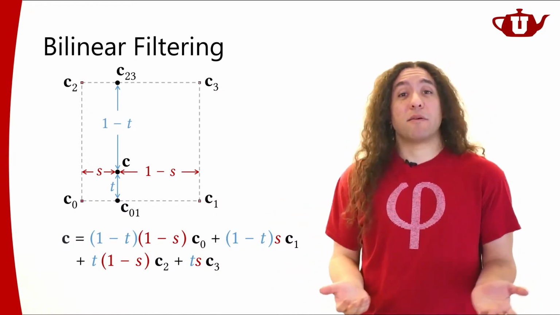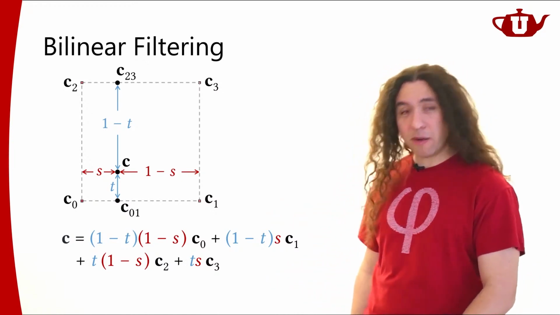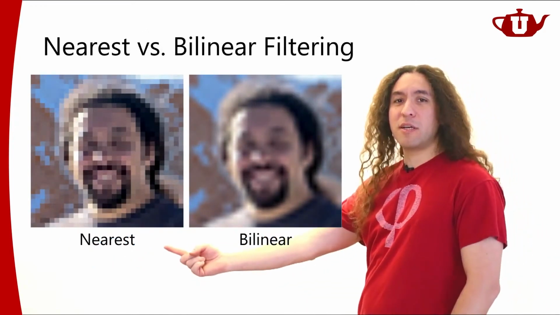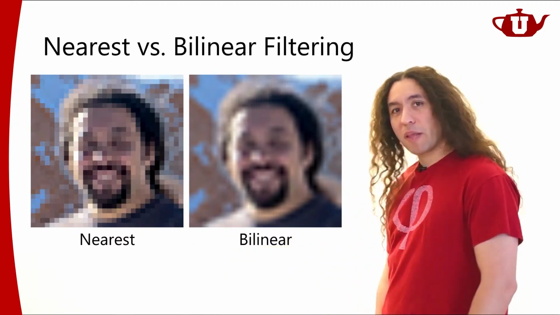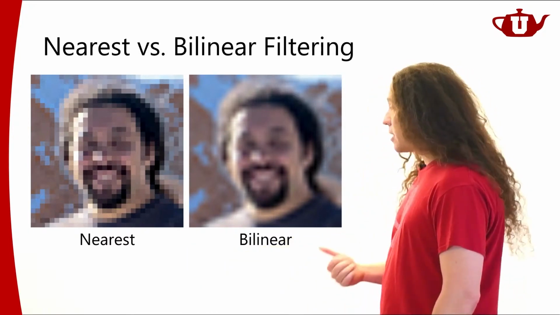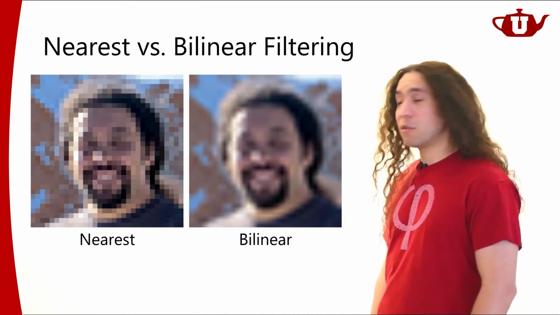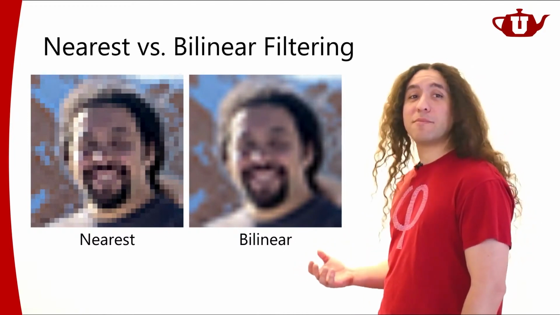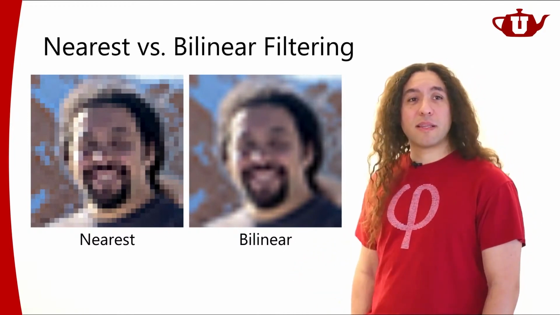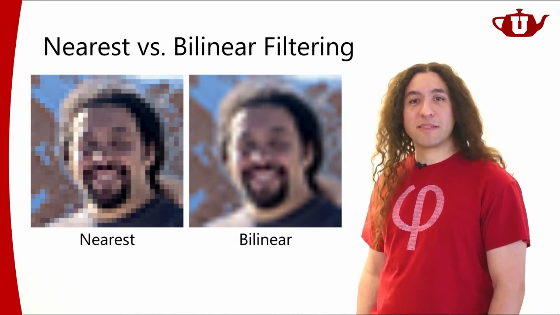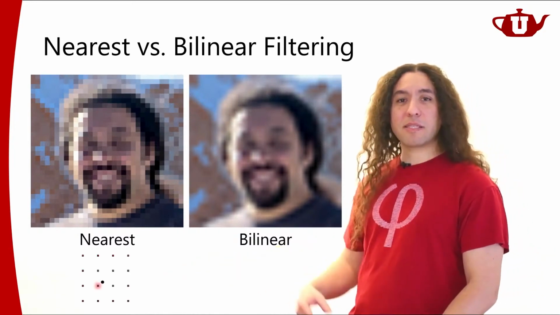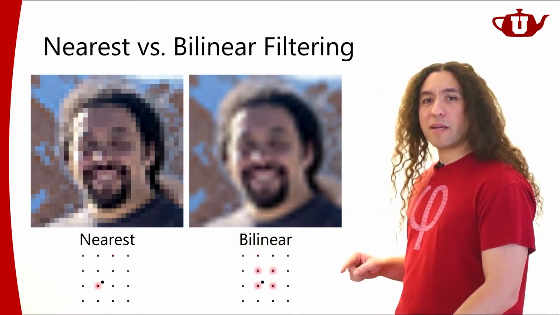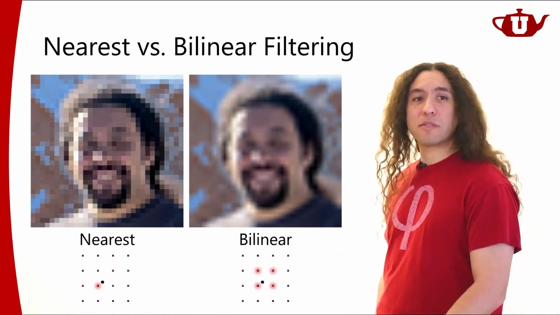All right, so this is what we did with bilinear interpolation. Is that any good? Or is it any better? Let's see. Let's compare nearest versus bilinear filtering. So this is a low resolution texture filtered using nearest filtering, and the same texture, in this case, I'm displaying it using bilinear filtering. It's the same amount of data, right? But still, with bilinear filtering, things are looking a little bit smoother, because in the nearest case, I'm just picking the closest texel value. In the bilinear case, I'm interpolating the closest 4 values.